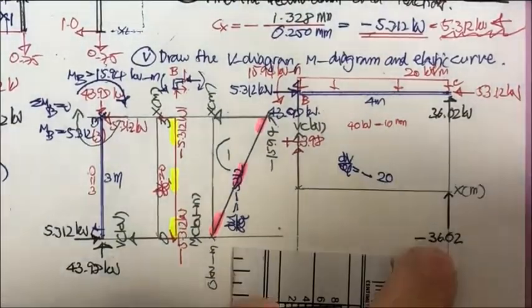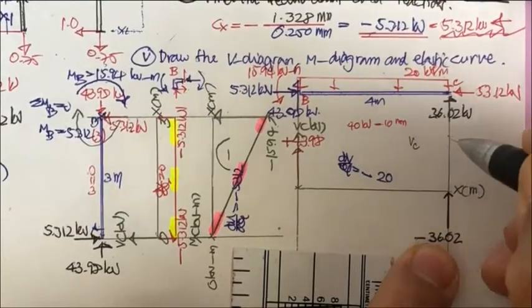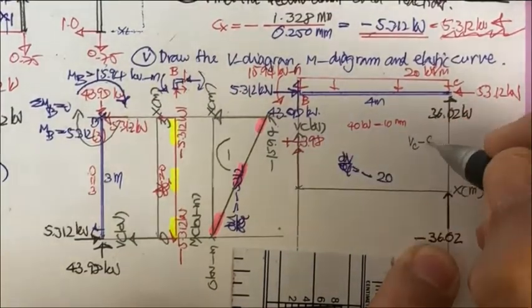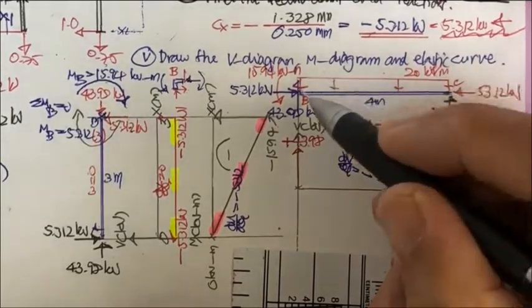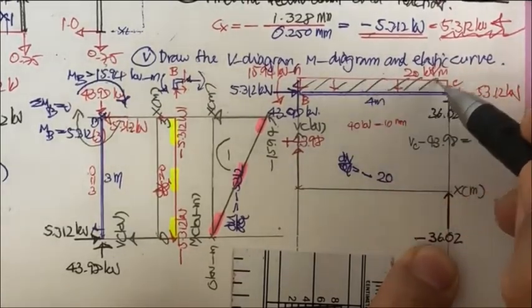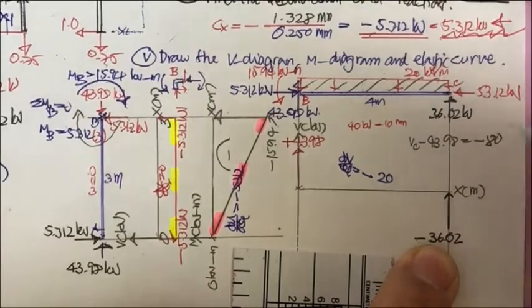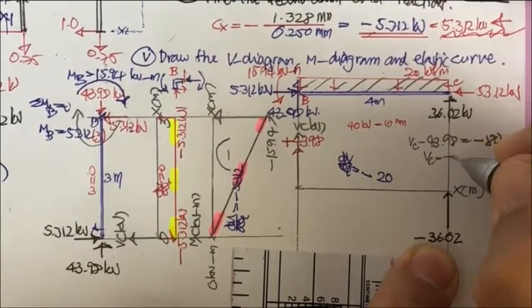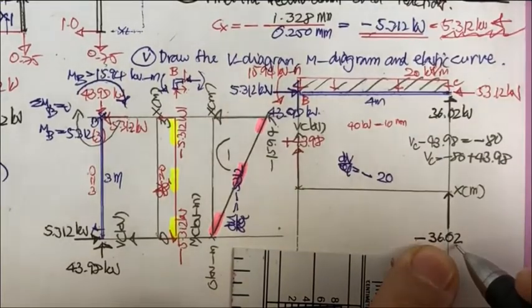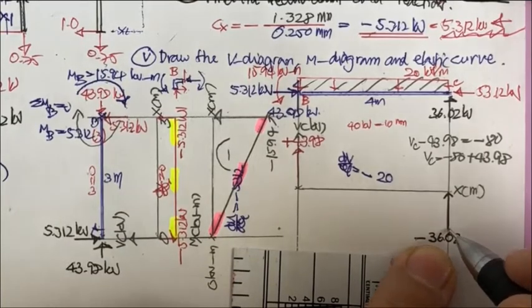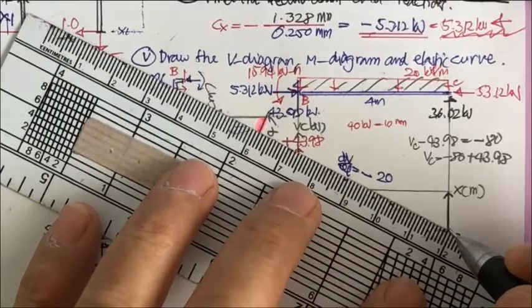And if you don't believe this one, V sub C minus 43.98 is going to equal the minus of this area. It's going to be minus 80. So V sub C is going to be minus 80 plus 43.98, and your V sub C is going to be minus 36.02, and your graph is going to be